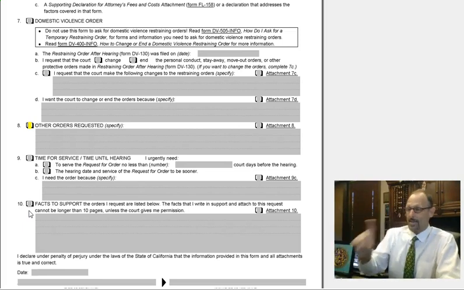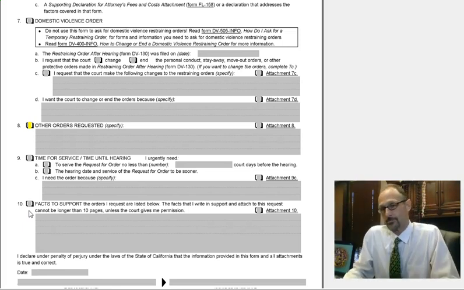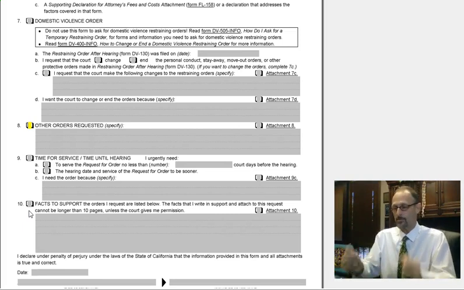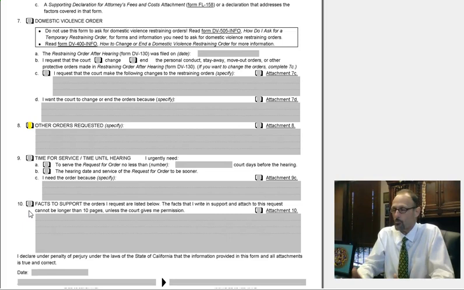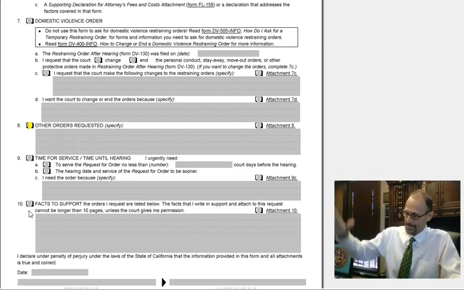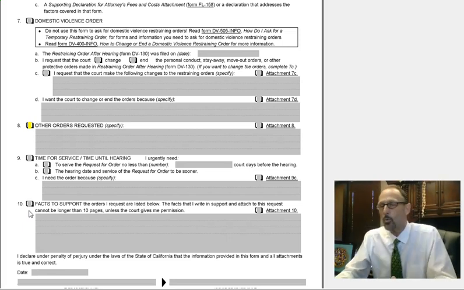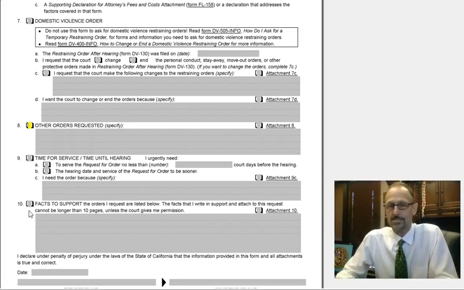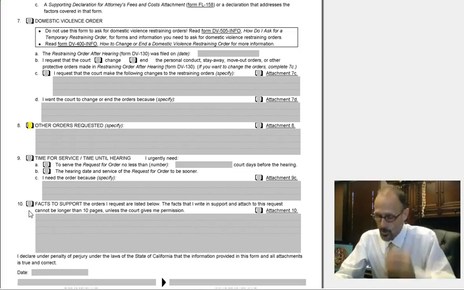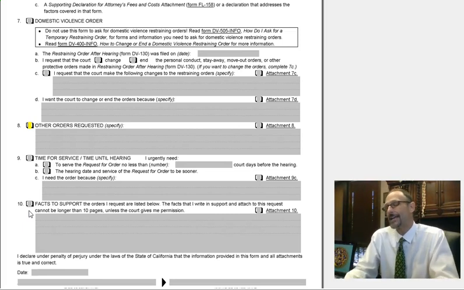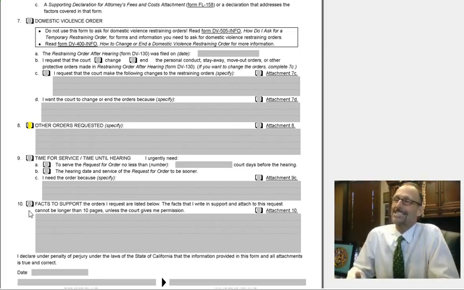Why? Because most judges, we like to think, we know it's not true for all judges, but most judges read the paperwork in their chambers before they come into court, or they read it the night before, or whatever. They read your case. They read the moving papers, and they read the responsive papers. And I'm here to tell you, if your declaration is written out and explains what you're asking for, what kind of custody orders you're asking for, what kind of child support orders you're asking for, and your declaration explains why, and it gives good reasoning, and it's written in a manner that explains that this is in the best interest